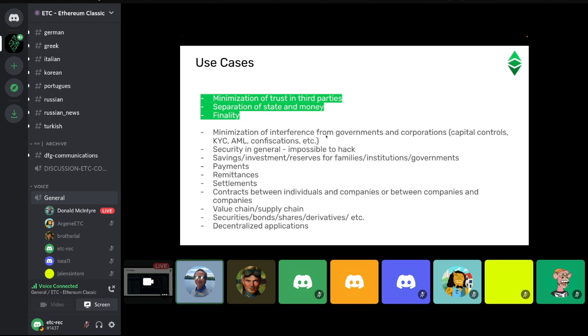Minimization of interference from governments and corporations. People who live in Europe and the West or North America and Canada don't understand these things. Sometimes they see crypto as just, okay, number go up. I buy Bitcoin, it goes up, and I make money. But they don't value these trust minimization features and benefits. Why? Because they haven't lived in these